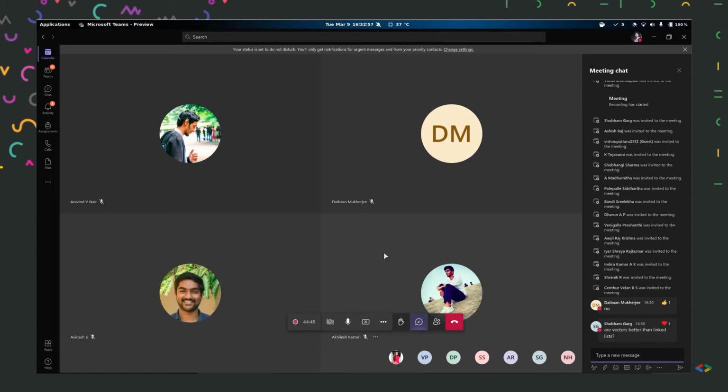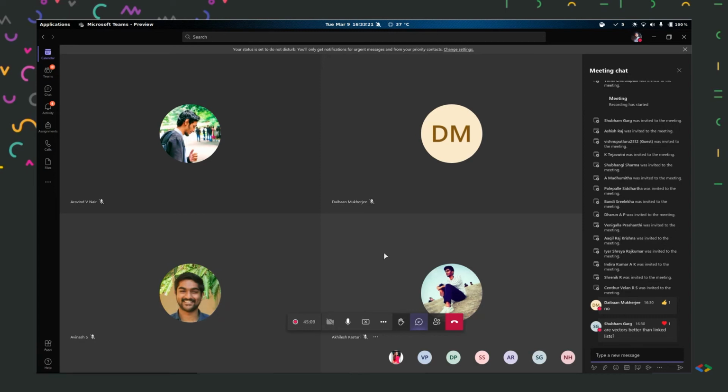In a linked list, though, increasing the memory is not a problem. It will increase in order one time, because what we need to do is basically create a new node and store the pointer to it in the last node, right? But the drawback is that in order to access data, we need to traverse a lot, which is not the case in vectors.